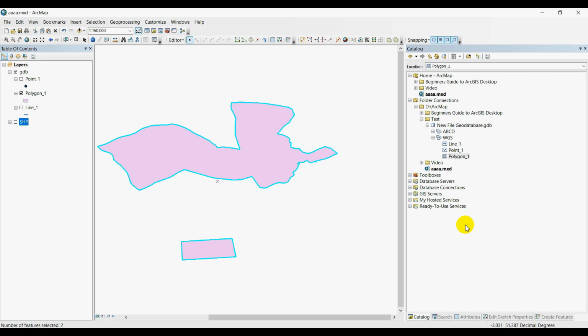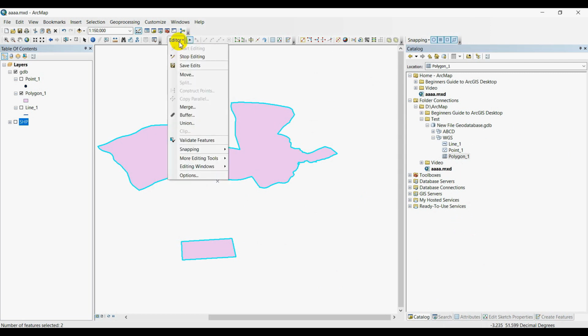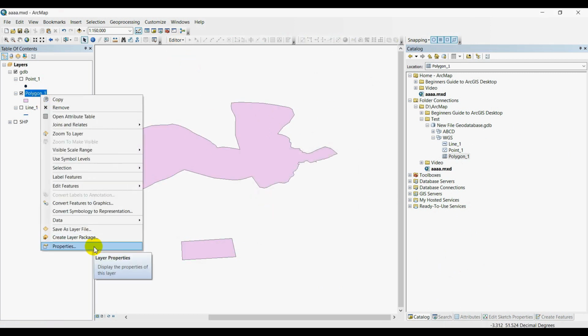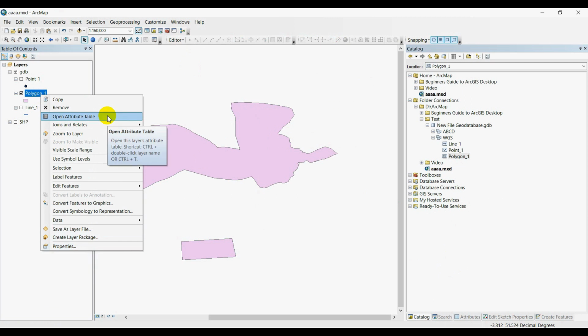Also we can add another field. To add another field we need to stop that editing, and from the attribute table